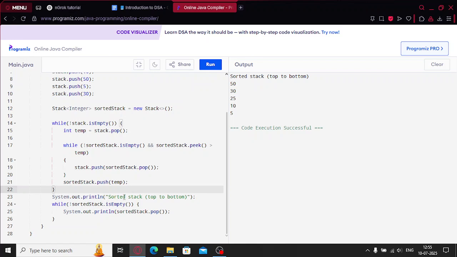And once that is done, System.out.println command, sorted stack top to bottom, right? That's just our print statement. So while the sorted stack is not empty, until it is completely empty, System.out.println sorted stack dot pop. So we will keep on popping the elements until that new stack is empty, right? That is how you are able to sort your values